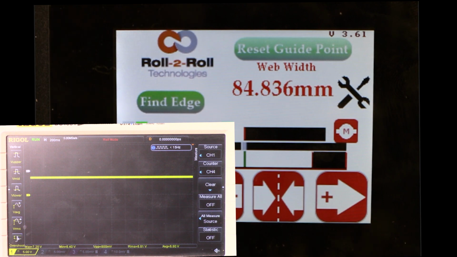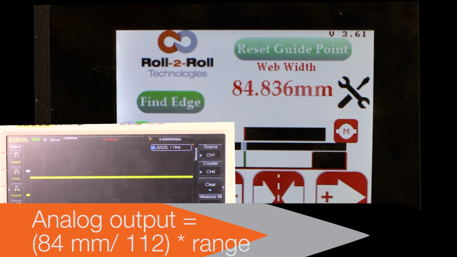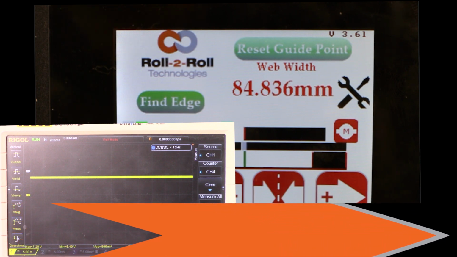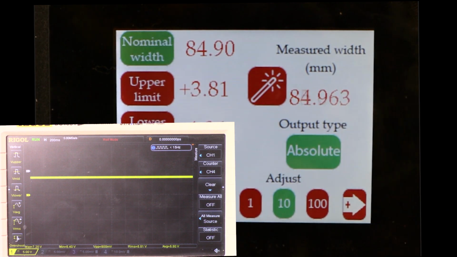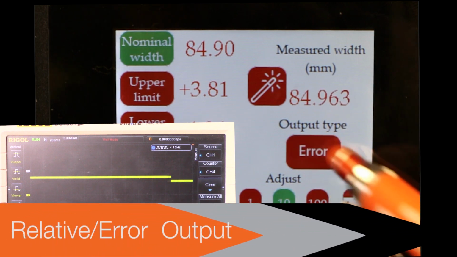Apart from looking at the output as an absolute output, like in this case right now the absolute measurement is 83 millimeters, and then the analog output is going to be 83 divided by 112 times the range, we can also get a relative output. So if we know the nominal width for this product, let's say the nominal width is 84, and then we set the output type to error,